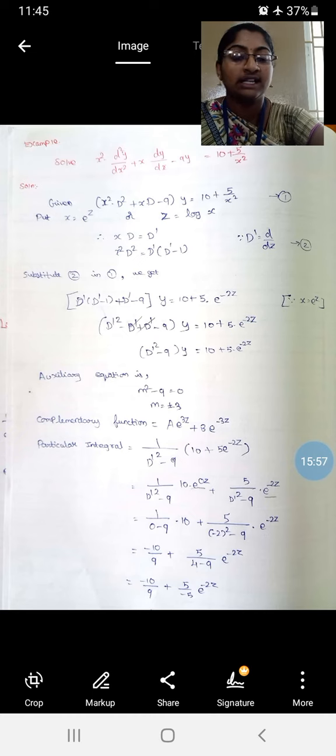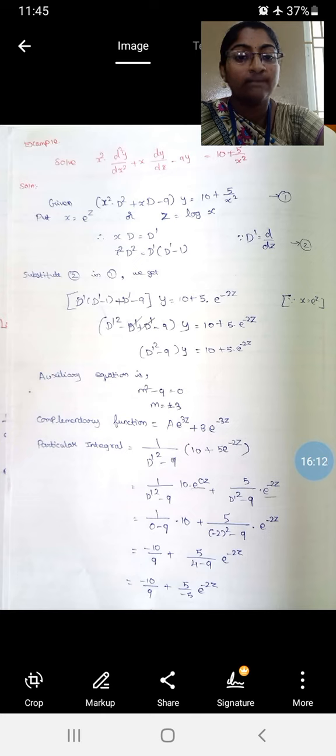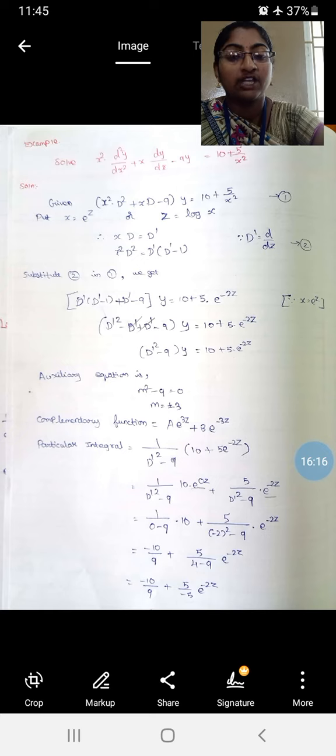So the value of D' is d by dz. Mark this as the second equation. Substitute this second equation in the first equation. See, my x² D² will become D'(D' - 1) and the value of x D becomes D', as it is, into y equals 10 plus 5 into,